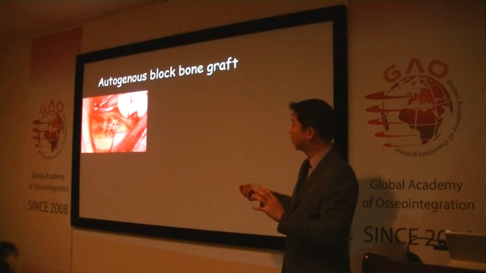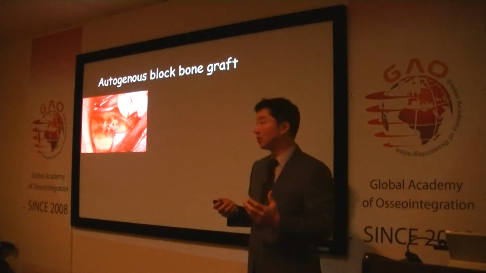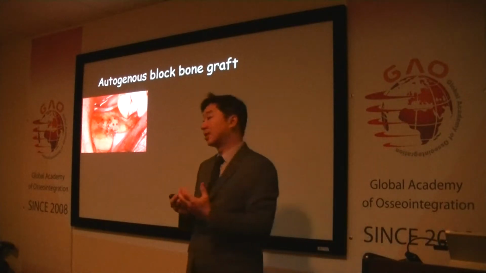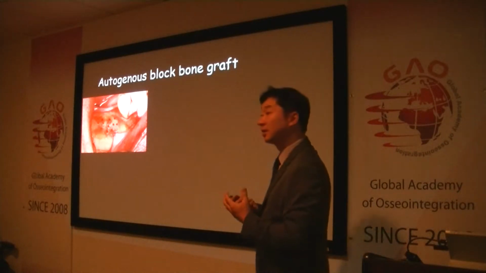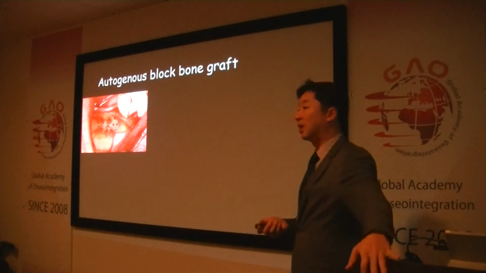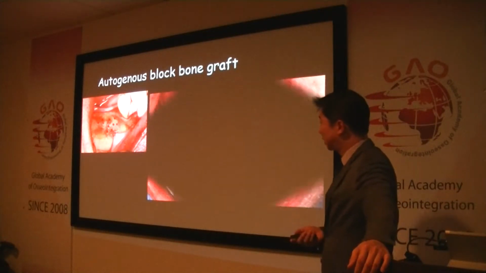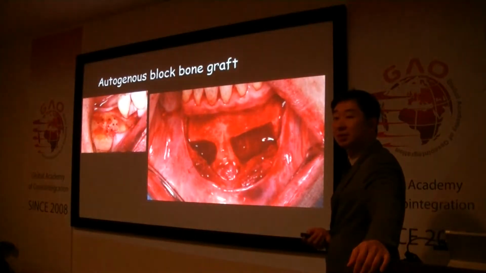So let's say if you don't put anything in there, the graft most likely doesn't survive. You need some blood for the graft to survive. The basic principle. Same thing with soft tissue. There has to be some bleeding. So we punch some holes, and then you go to the chin